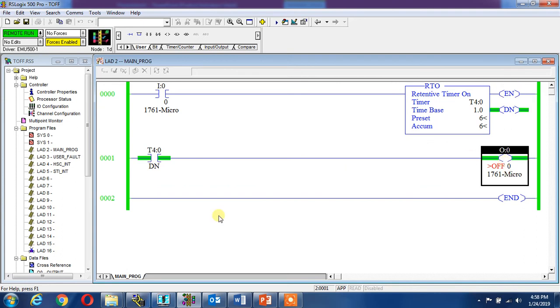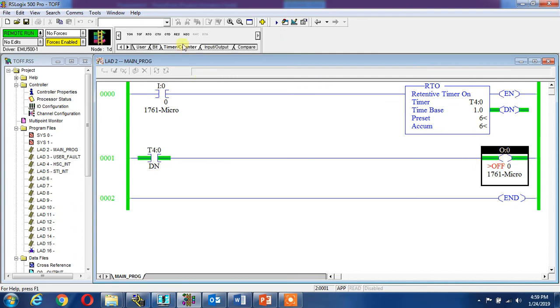This timer can be used whenever the supply is switched off. The PLC will retain the timer or counter values. We should also have retentive counters in some PLCs. Anyways, let's see how to reset my output. If I want to reset my output, how can I reset it?